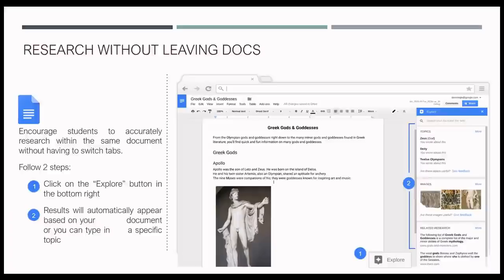To overcome this, Google has provided a feature wherein the Google document itself, Google provides a search engine. That means the student does not have to move from one application to another for searching out the answer. What they have to do is only explore that option and they can definitely get the outcome of the task which we have given.